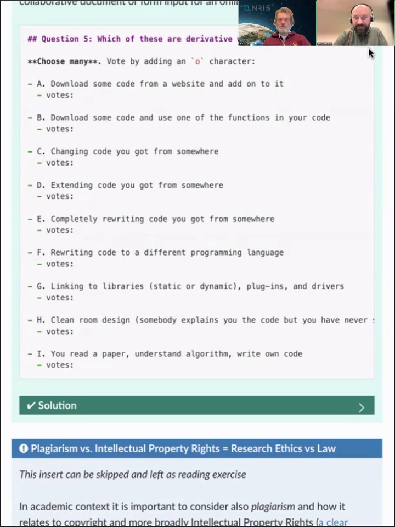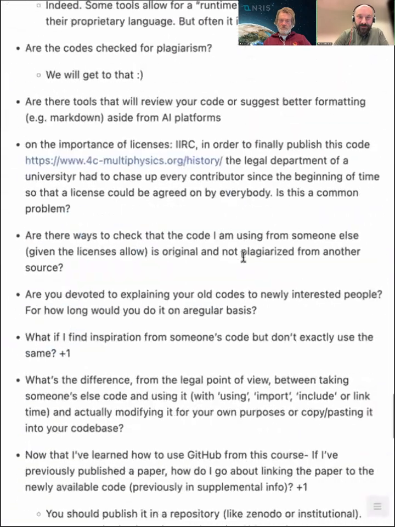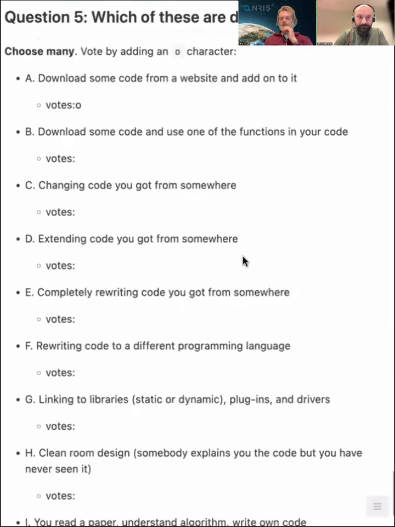So which of these are derivative works? I will switch to the notes to see what people are answering. These are interesting cases.